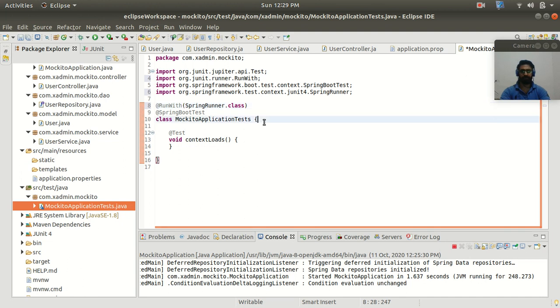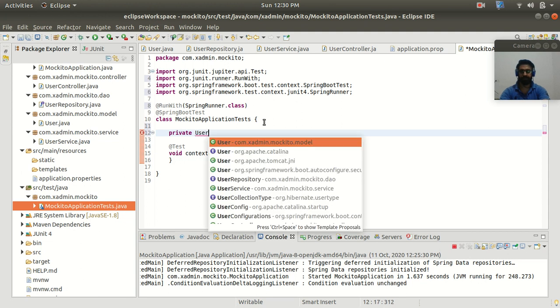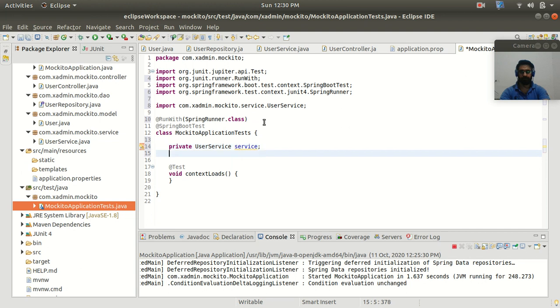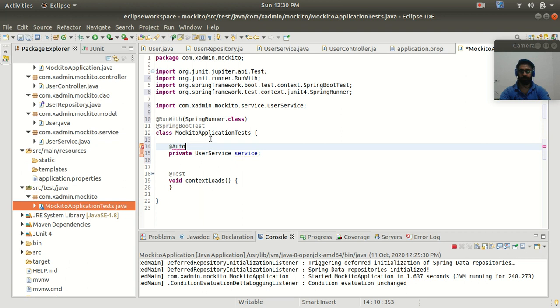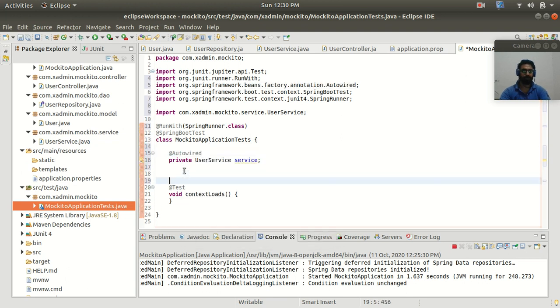Now guys, I'm going to inject my service class first, and also my user repository. So let me inject the user service, and mark this with the Autowired annotation, right? And now I am going to inject my user repository.